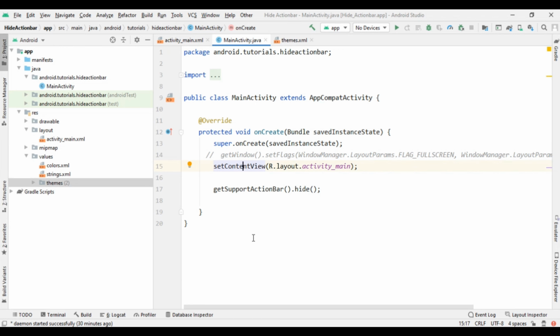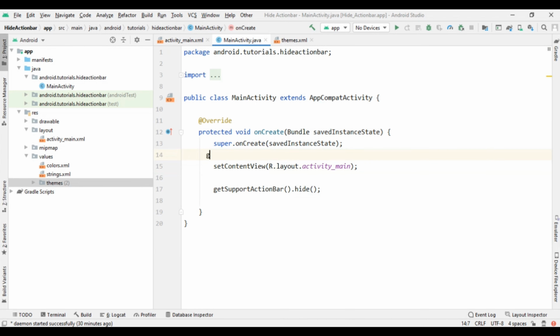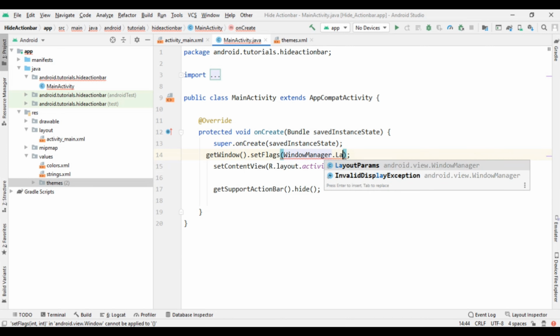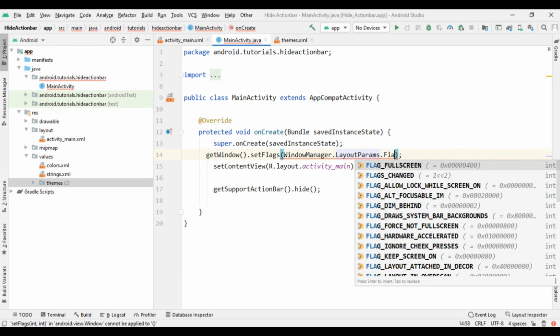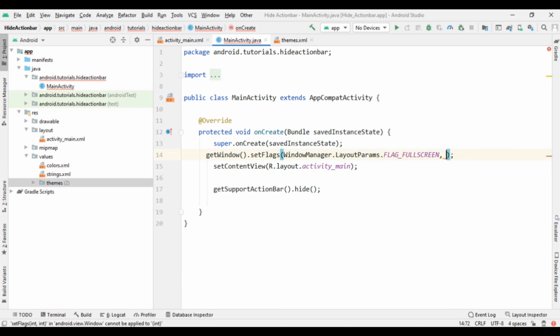But if you want to remove the status bar also, then you have to write this line of code, that is getWindow().setFlags(), and then write WindowManager.LayoutParams.FLAG_FULLSCREEN, and then write the same code again.